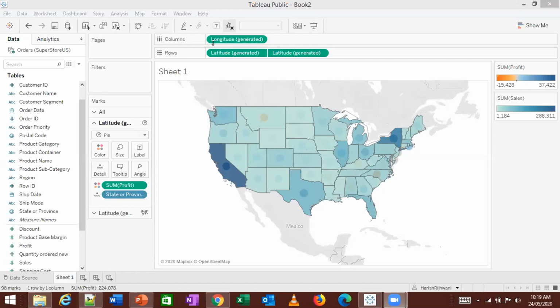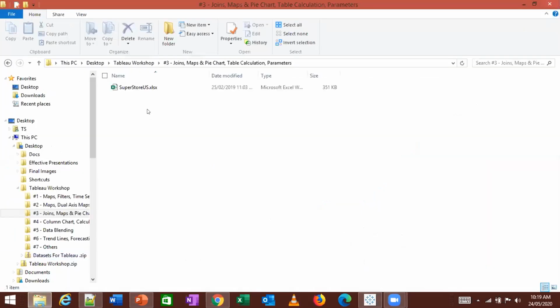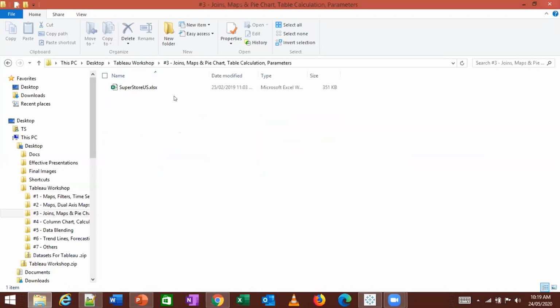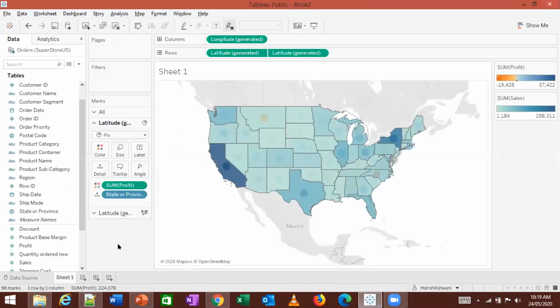Okay, so people who have just joined in, we are using the Superstore US data set that is there in the data which I sent, the data sets for Tableau, and in that the third folder, joins, maps, and pie chart. Here there is a folder called Superstore US, and we are using the orders data set in this.